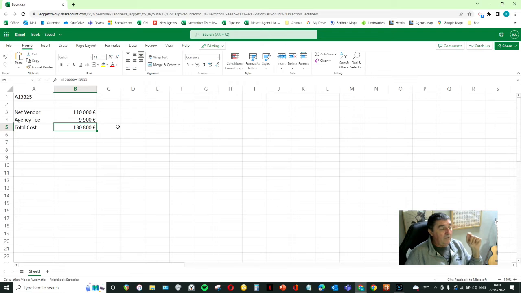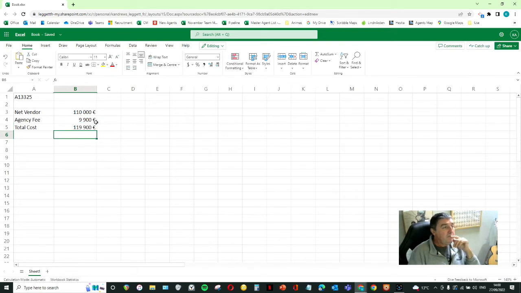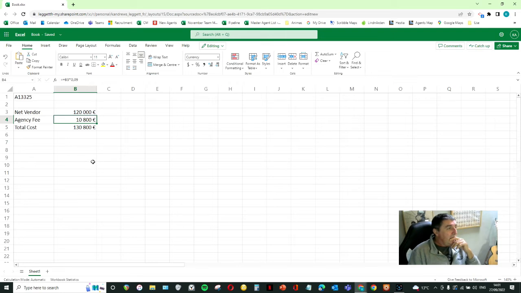So you would say in that cell I want it to be the total of net vendor plus agency fee. So you go plus net vendor plus agency fee, enter. Now when you change that, it changes the agency fee and it changes the total cost automatically. Hurrah! Now then, if you want to get a bit more clever, what you then say is,